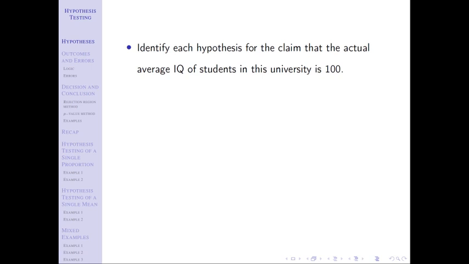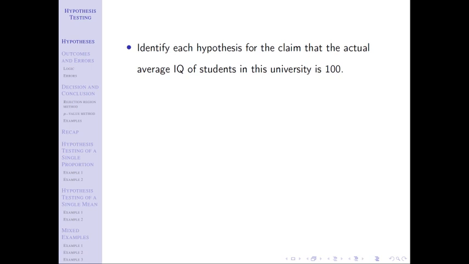My little worksheet here. How do I figure out what the alternative is? We're going to find that one first. Notice that the third bullet point says if this claim is equal to or not equal to, and we're in that boat, then the alternative is not equal to. So I know that my alternative is mu not equal to 100. And then the null is just the opposite. So if my alternative is a not equal to symbol, then my null is an equal to symbol.